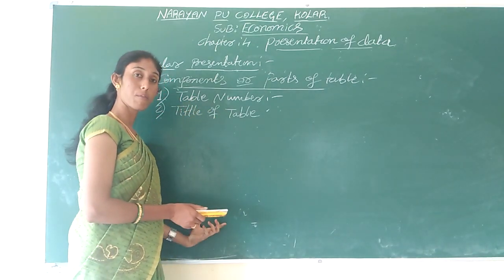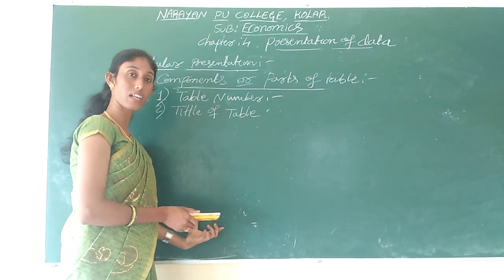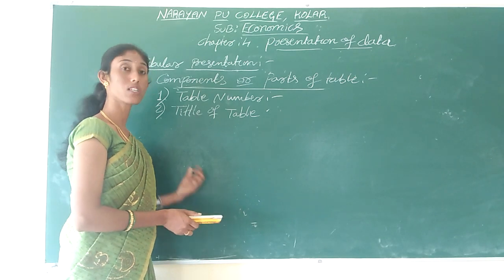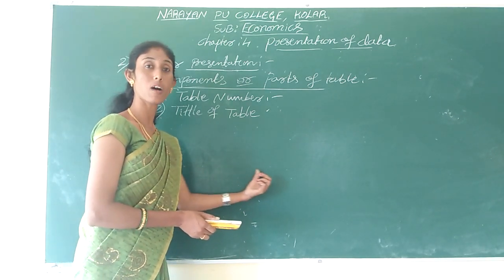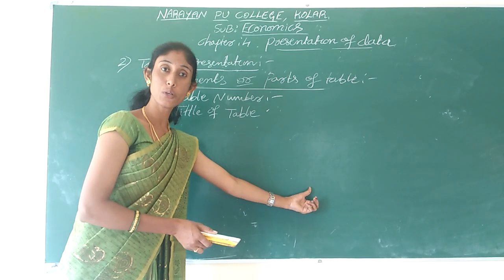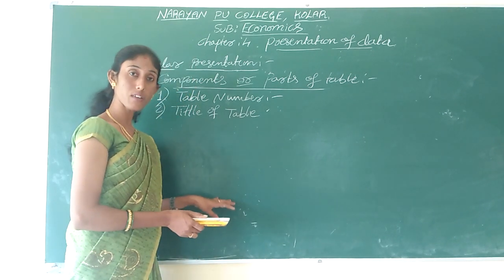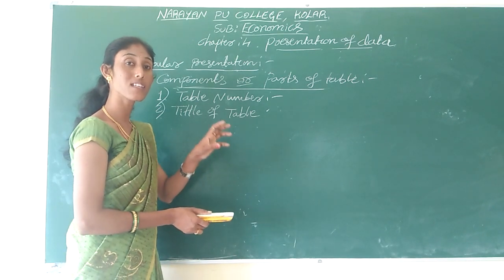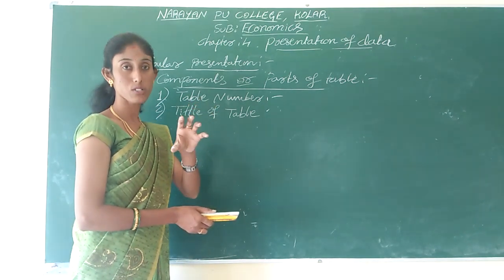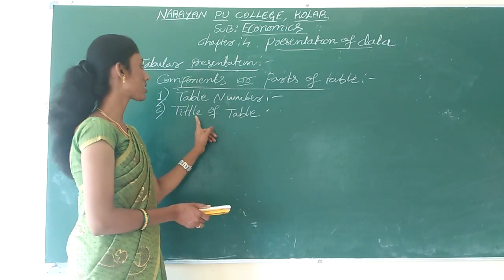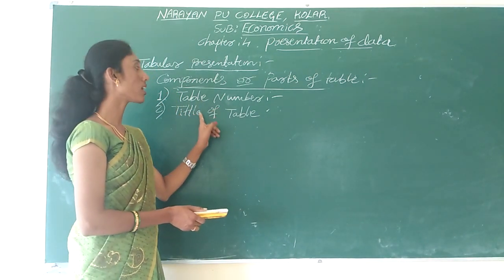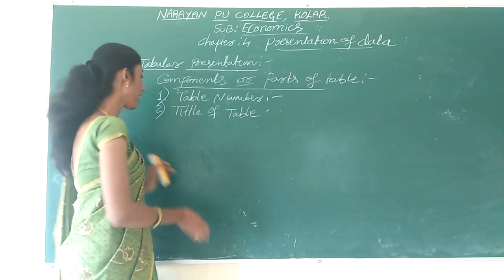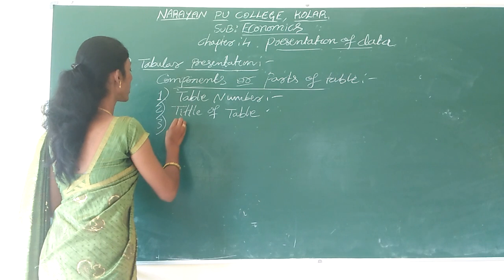For example, previously we have drawn the table relating to age group and literacy. For that table we will mention the literacy rate of our country belonging to different age groups. Likewise, whatever title we use, that title must represent the nature or the features of the table, and always the title will be below the table number and above the table. Got it? And next, third one,